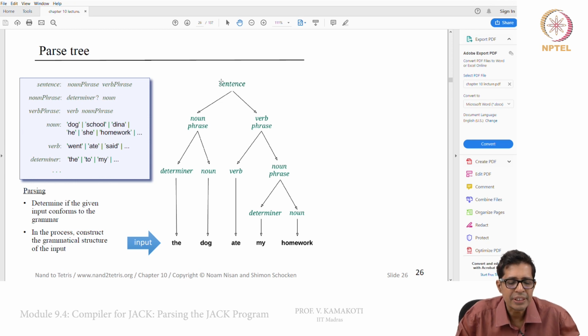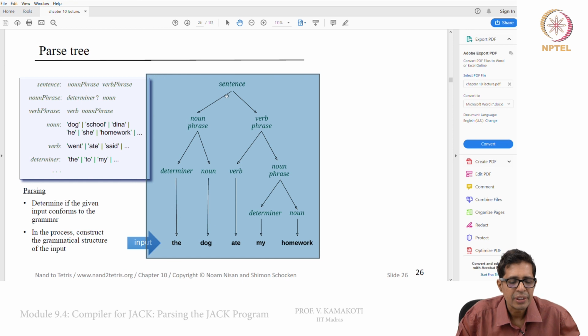Yes, we start with a sentence here, right. The sentence has a noun phrase and a verb phrase. The noun phrase has a determiner and a noun. The verb phrase has a verb and a noun phrase, right. So, the determiner is the, the noun is dog, the verb is ate, the noun phrase again has a determiner and a noun, and the determiner is my, and the noun is homework. So, from the rules of the grammar, I am able to derive that